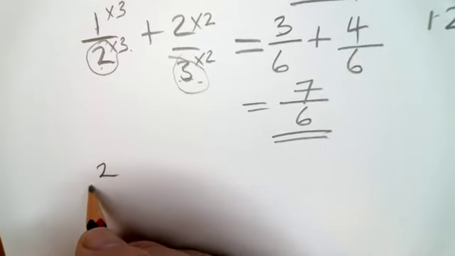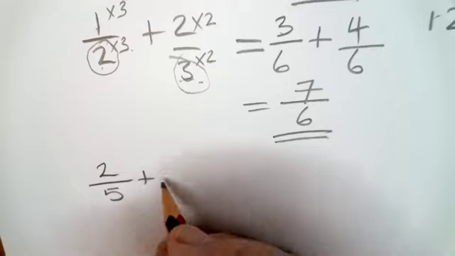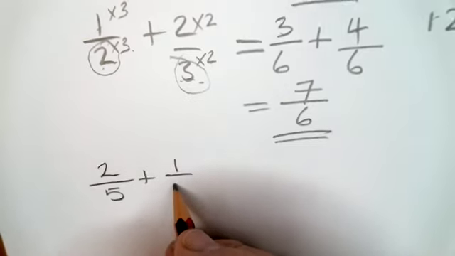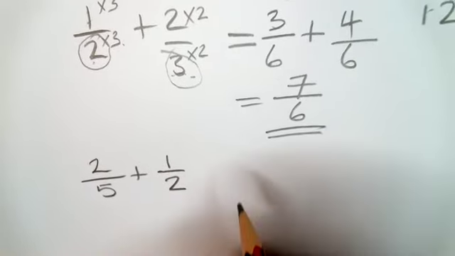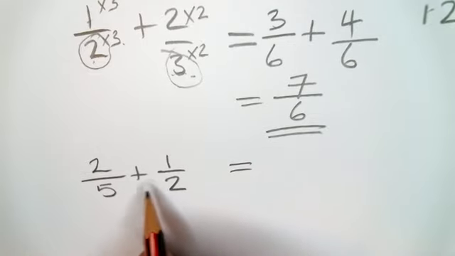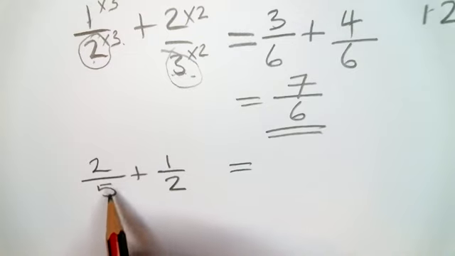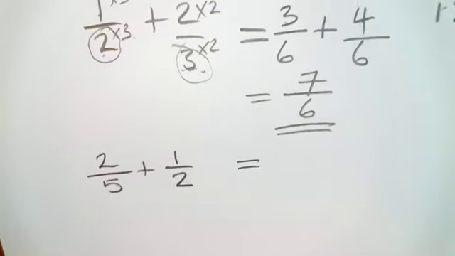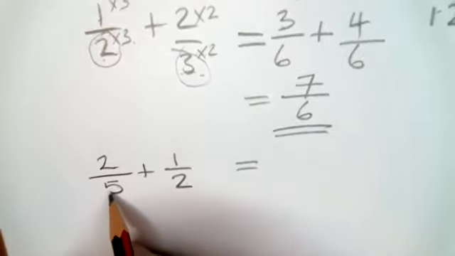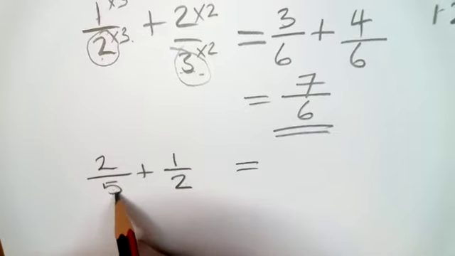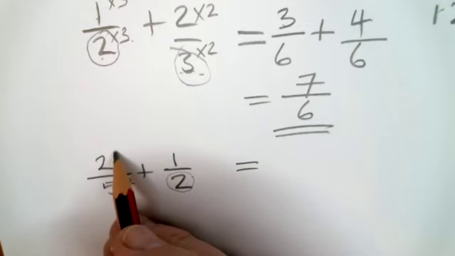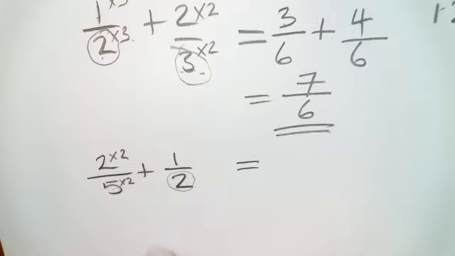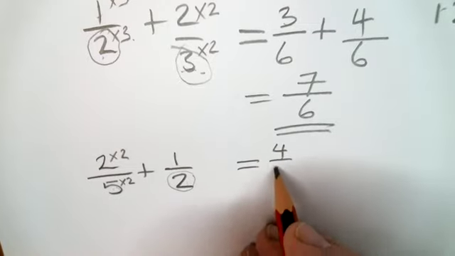Oh, let's try another one. What about 2/5 plus 1/2? Now, I want to find something I can multiply them both by so that they're both the same. Well, 5 times 2 is 10, so I'm going to turn them into tenths. Let's turn this one into tenths. To turn this one into tenths, what do I multiply it by? Well, I multiply it by 2, because 5 times 2 is 10, and 2 times 2 becomes 4 over 10,